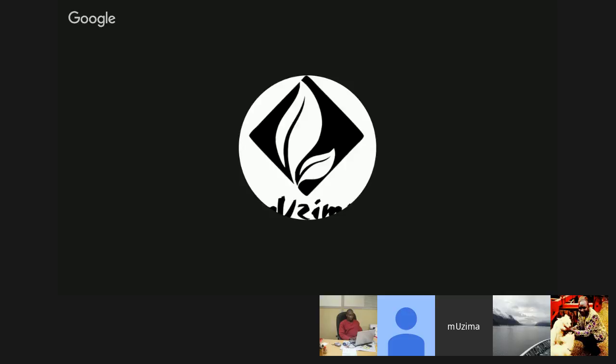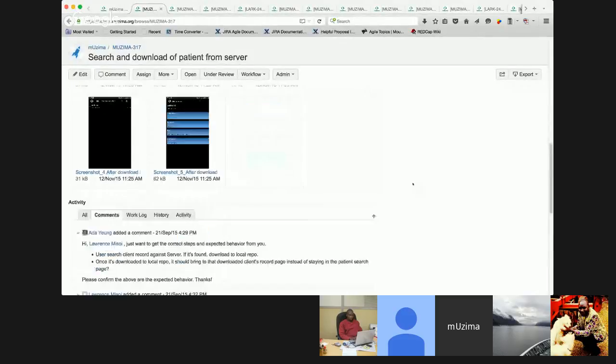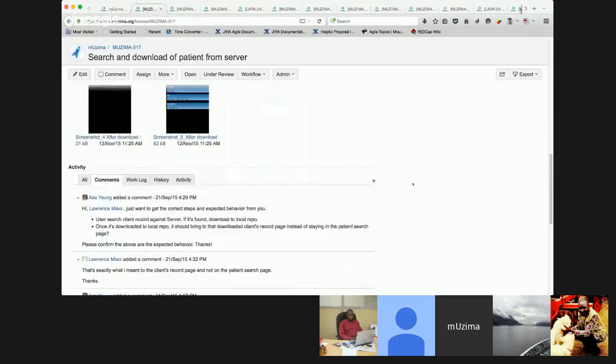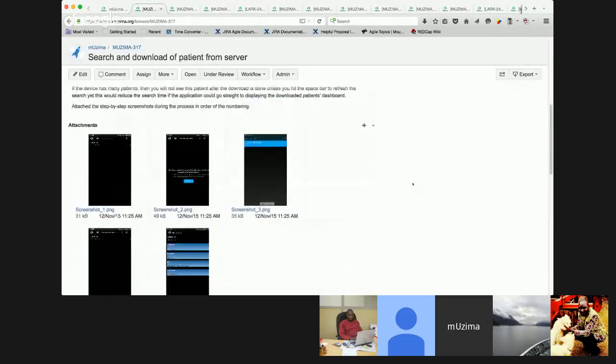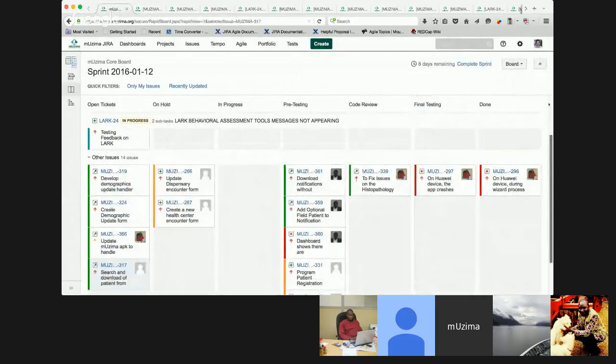So let's just go through this again, because actually Lawrence was the one who provided those screenshots, how it's supposed to look like. I'm going to update this ticket because it's been a while, so that we can refresh our memory for this ticket. So those are pretty much the tickets for this current sprint. Anyone have any comments or questions?